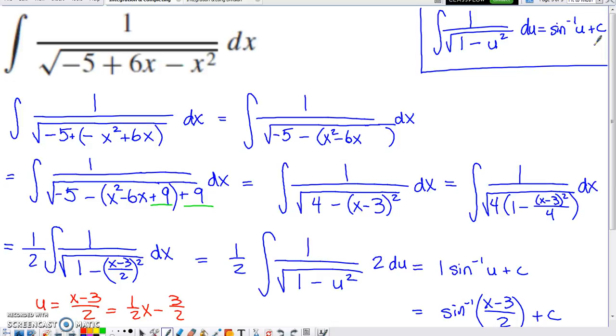And so you'll see what I did is I started to manipulate what's underneath that root a little bit. So I left the -5 out at the front because I'm looking at this root within this integral formula, and we definitely see the constant value is listed first. And then what I did is I grouped the -x squared term and the plus 6x term after that -5 within the denominator. And I'm thinking, well, maybe I can use the process of completing the square in order to get myself to the point where I have just one thing being squared that's subtracted from the 1 within that